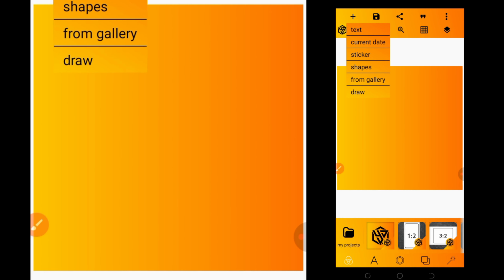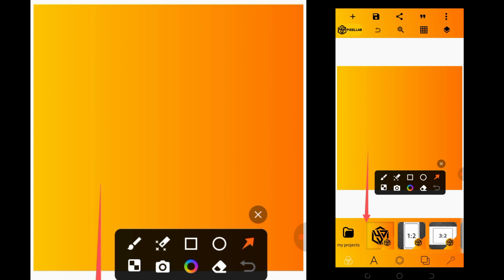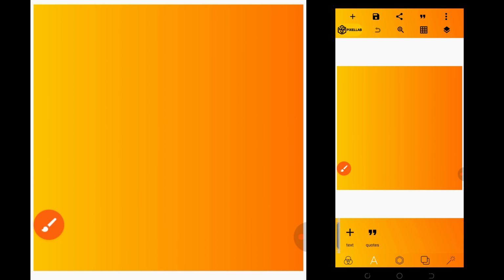So this is my interface for my own Pixel app. I will click on text. You should have an idea about the Pixel app already. So let me click on this add button to add in text. This is it. Okay, so now I'll click on text, and then I will type in